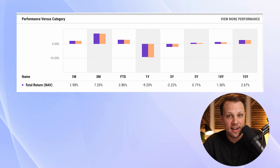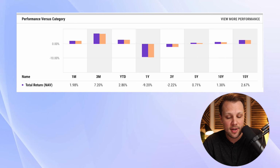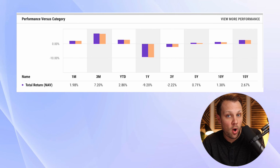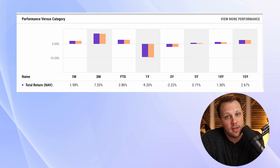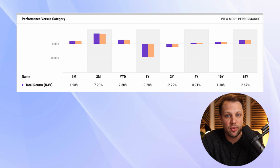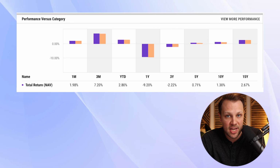So the last 1 year, it's negative 9.2%. The last 3 years, negative 2.2%. The last 5 years, 0.71%. The last 10 years, 1.3%. And the last 15 years, 2.67%. So as you can see, unless you really want to reduce that volatility, you are giving up a ton of growth and a ton of compounding potential by investing in this total bond market fund, because historically, stocks have outperformed